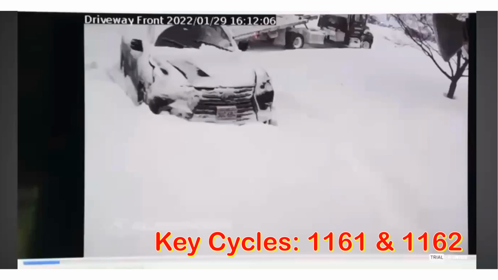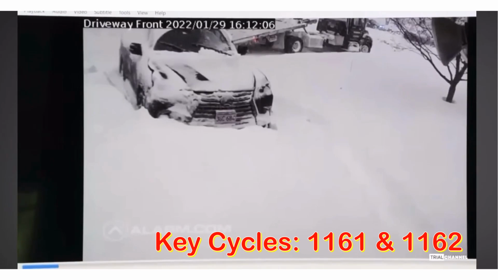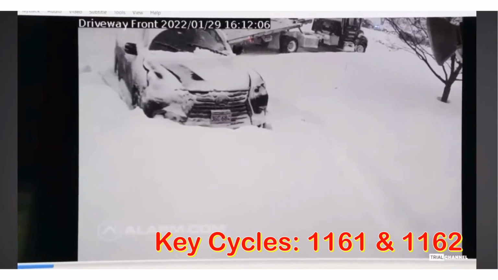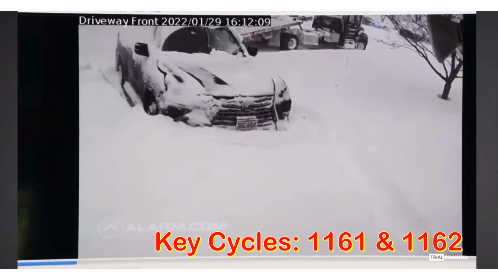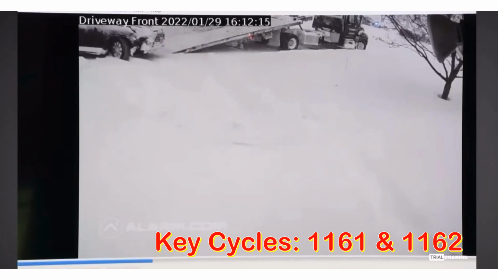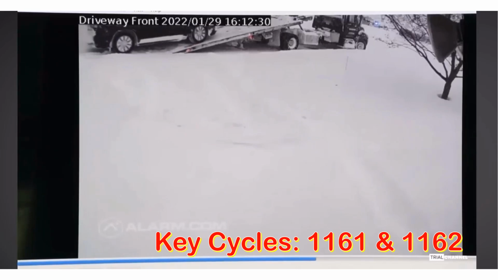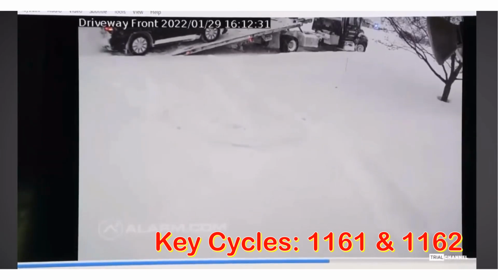And so that would even put more key cycles, pushing the timeline on these. This key video cycle captures the further vehicle and further back being moved into position to be loaded up onto the flatbed for transport from the 1162 scene, which is where the Commonwealth says that John O'Keefe was hit. But if we go by the data that we have, not adding in extra unknowns that possibly exist, 1162 would be Karen Reed getting on the tow truck. 1161, she arrives at her parents'. 1162, she gets on the tow truck.